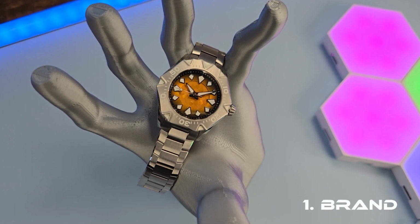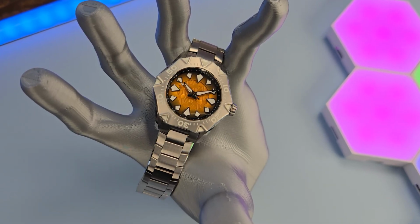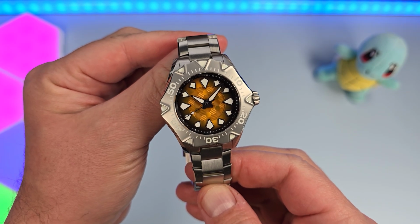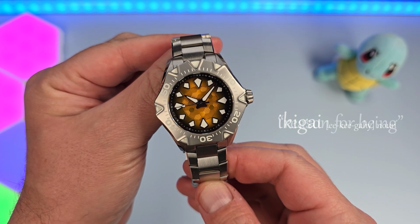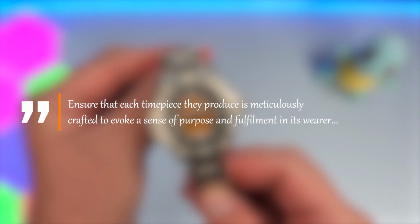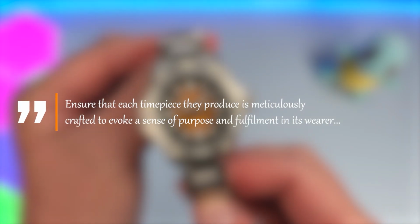Ikigai Watches is a brand founded by watch enthusiast Oscar Tan and based out in Singapore. Now, inspired by the concept of Ikigai, a Japanese word which translates to a reason for being, Ikigai's mission is to ensure that each timepiece they produce is meticulously crafted to evoke a sense of purpose and fulfillment in its